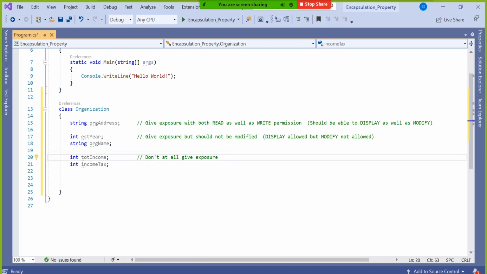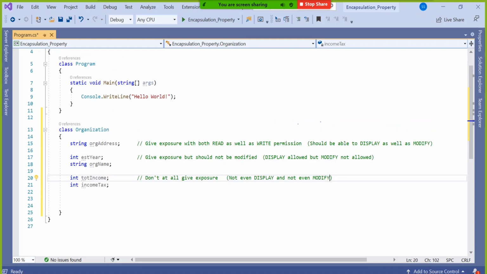So here I said don't at all give exposure. That means not even display and not even modify. How to do, we will see, no problem. But the requirement you understood or not, that is important.